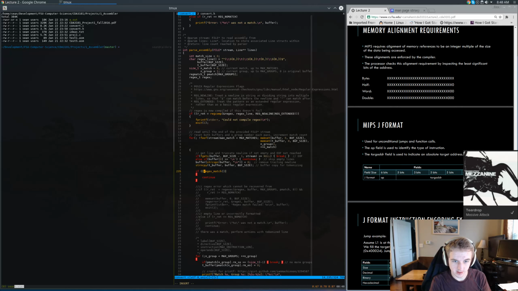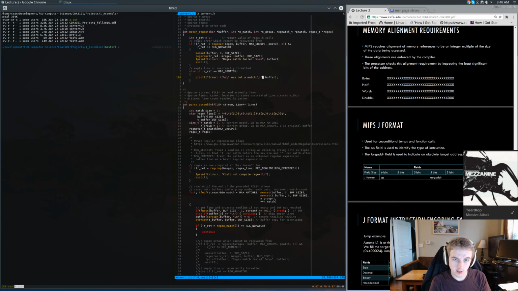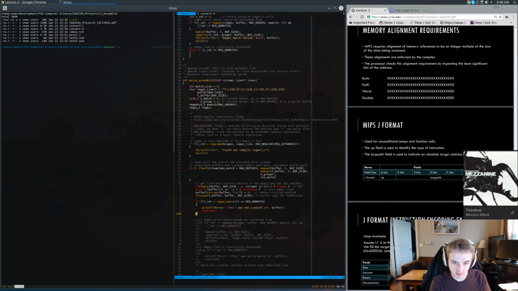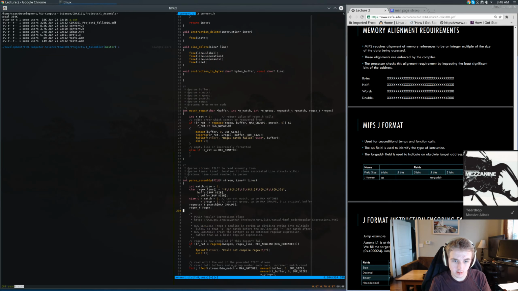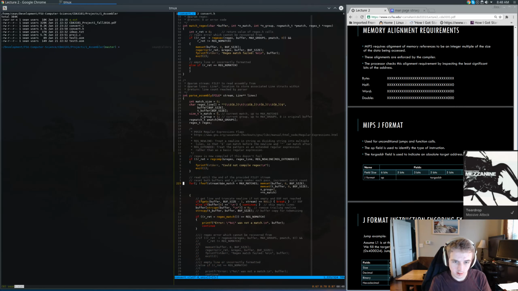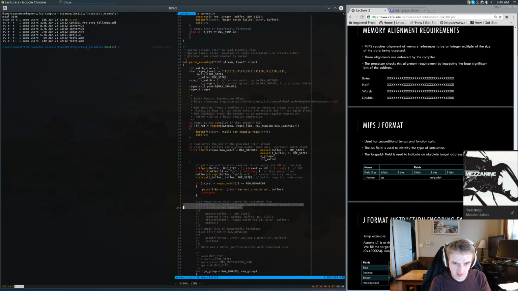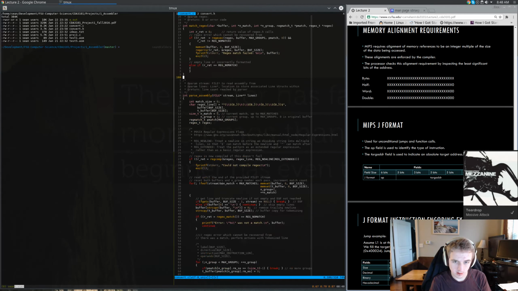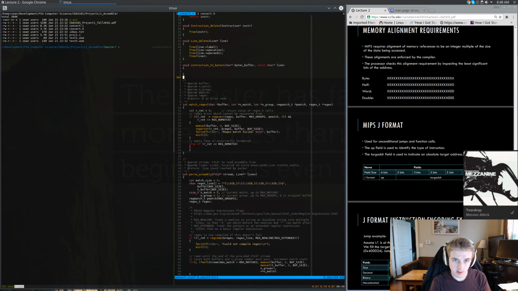Oh wait, no. So if ret equals this, equals REG_NOMATCH, then I handle it like this. So I need this error handling down here, and it just returns whatever happens. So I guess we can just get rid of all this. There was not a match. And then